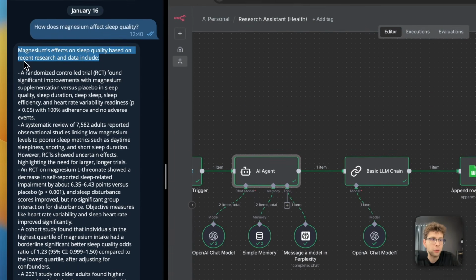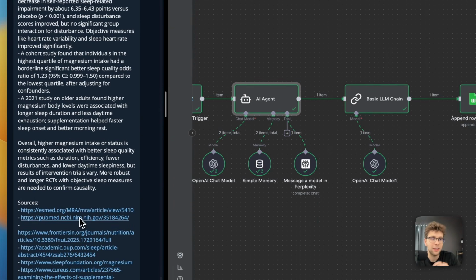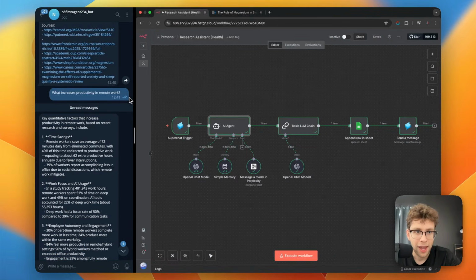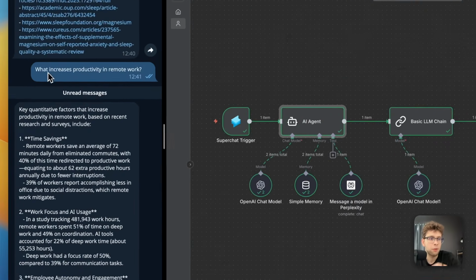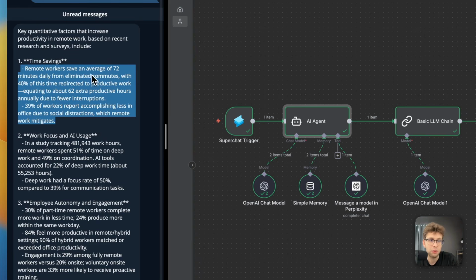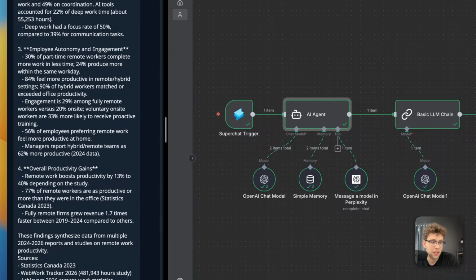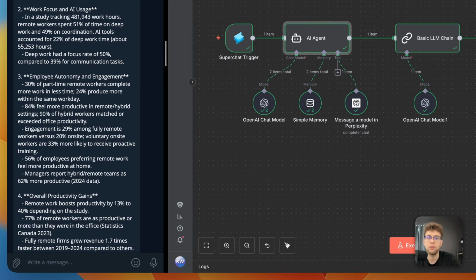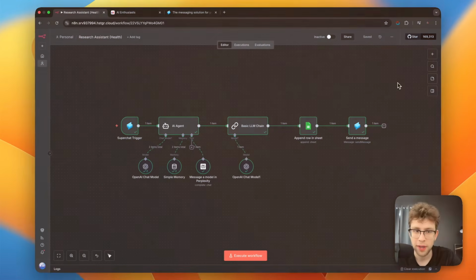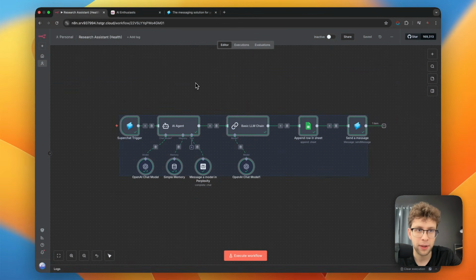We've got all the information with all the percentages, with all the details, specifics, and at the end, we've even got the sources, so we can access them right away whenever we want. And this works not only in one specific industry, however, but with anything you give. For example, what increases productivity in remote work? Once again, we've got the answer with the percentages, with exact details, and also we've got the sources. So it's so nice. You can ask any question and get research with Perplexity, and the automation is built inside n8n. So now let me guide you through this workflow step by step, but before,